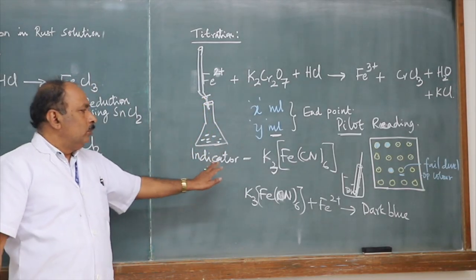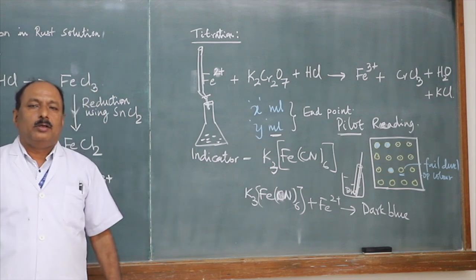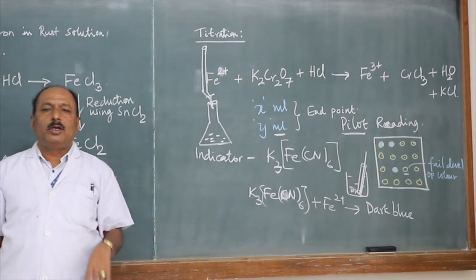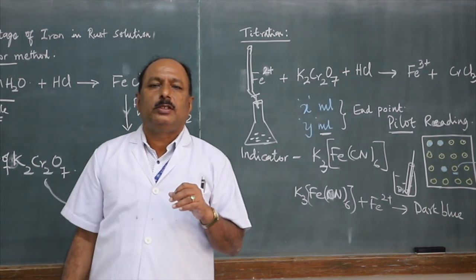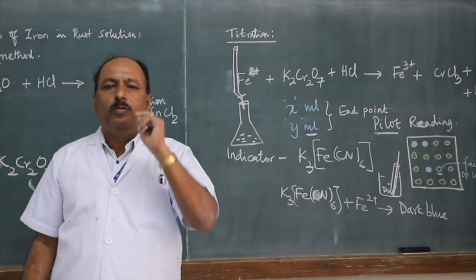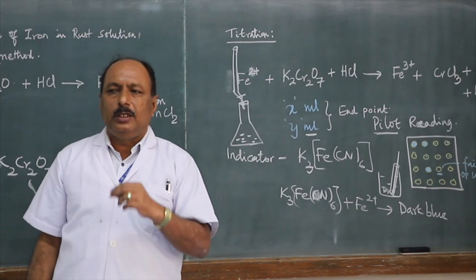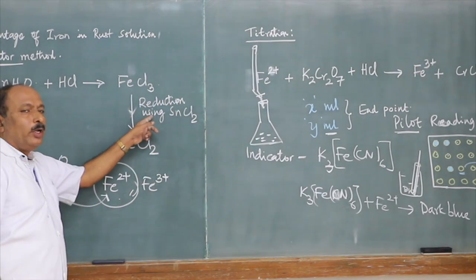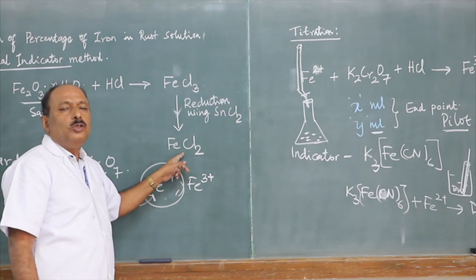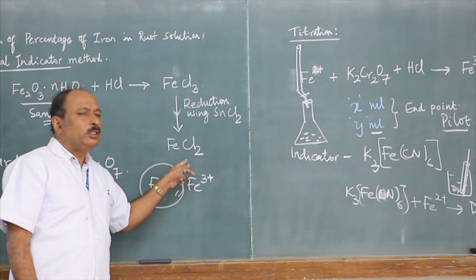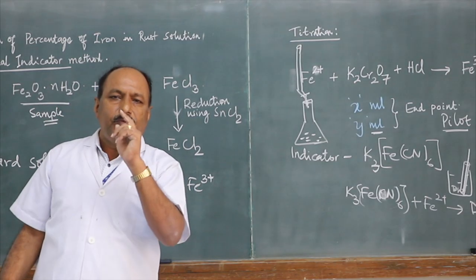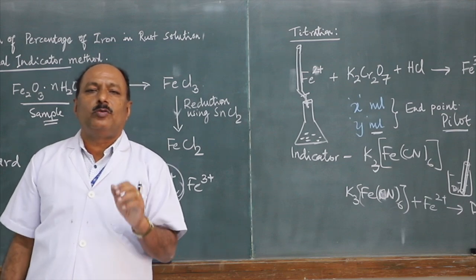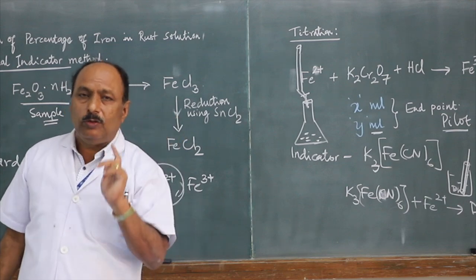Then you have to do the second trial to get the accurate reading. How to go about it? Now wash this conical flask thoroughly, first with tap water and then with distilled water. Pipette out 25 ml of rust solution into the clean conical flask. Add 1/3 test tube of concentrated hydrochloric acid. Heat the solution nearly to boiling, and then to the hot solution go on adding stannous chloride drop by drop till it becomes colorless. Add 1 drop excess and then cool the solution in the conical flask to room temperature. After cooling it thoroughly, add 1/4 test tube of saturated solution of mercuric chloride at once to get a silky white precipitate. All that you will have to do.